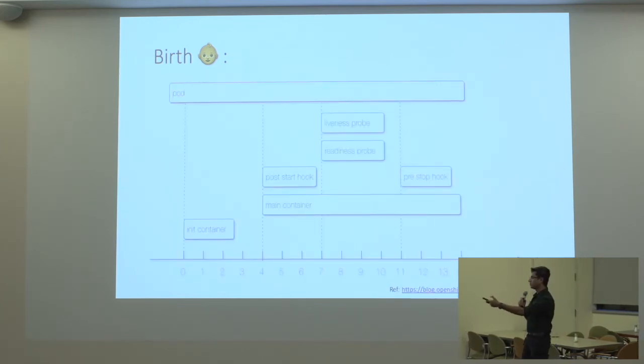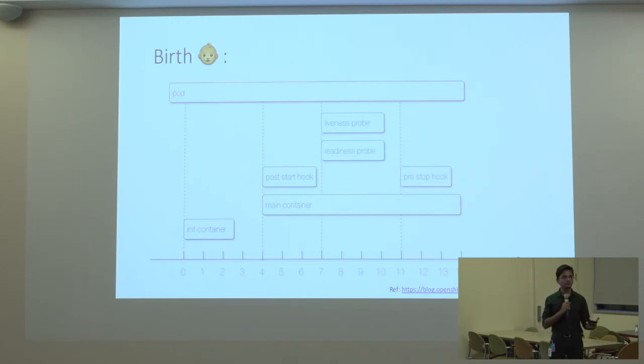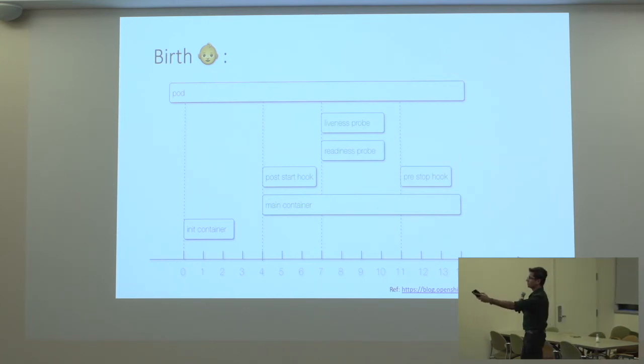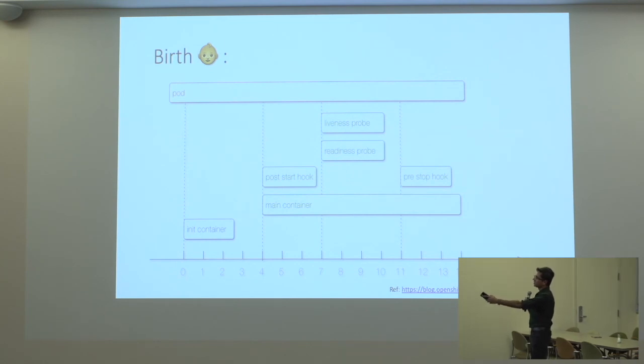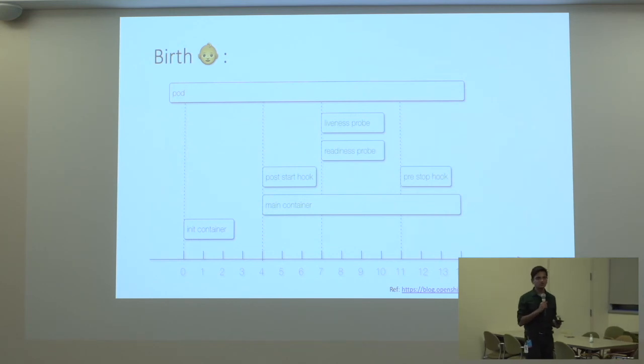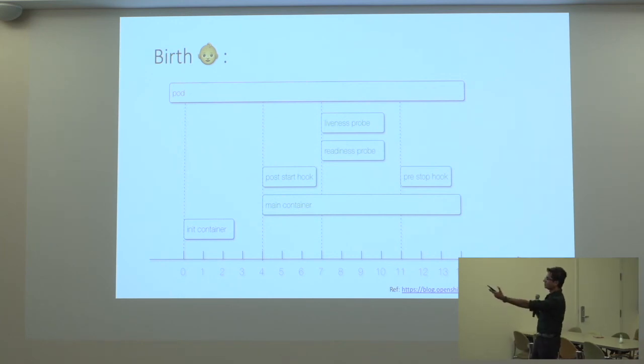This is an interesting one. With Kubernetes, you have a concept of init containers. You can have a container that initializes the pod. So when you start a pod, the init container starts first. After that's done, your main application container starts. Kubernetes also has something called post start hooks. Those run here as well as